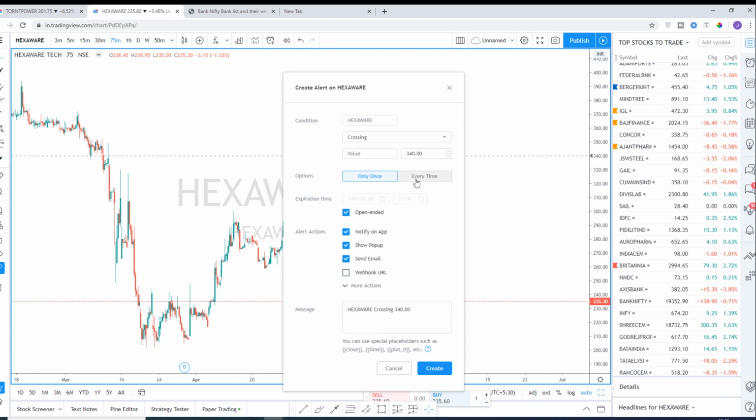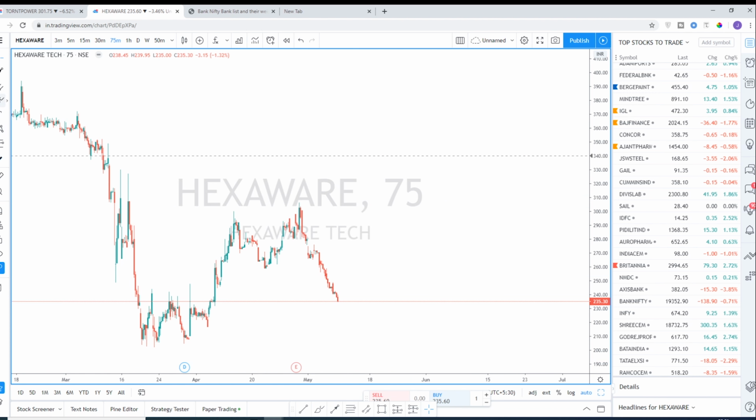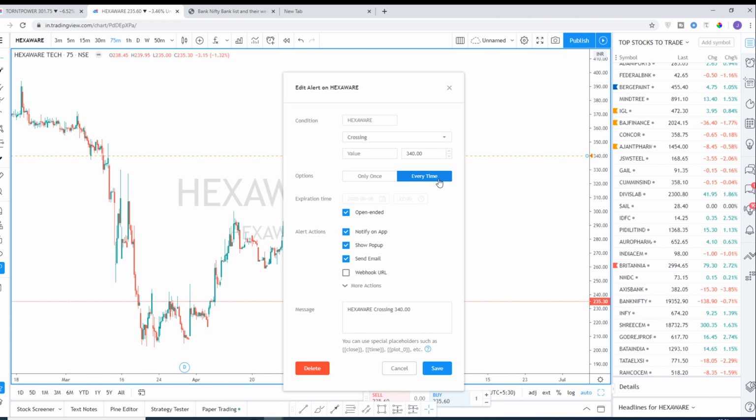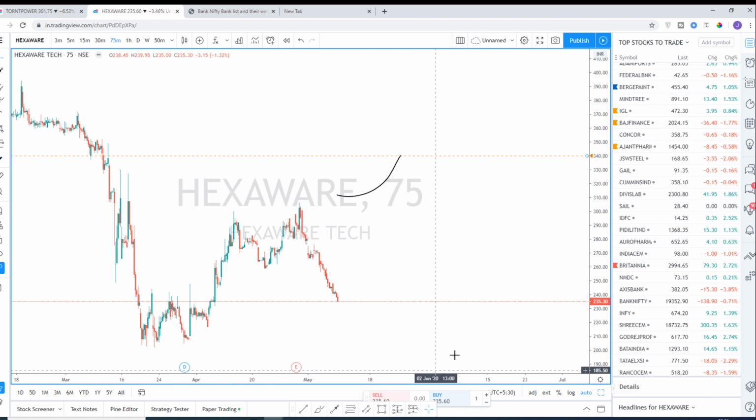So here I'm saying XRWare crossing the value of 340 only once. It will send me an email or a pop-up. I'm creating this so whenever the stock touches this area, it will notify me only once. But if I want it every time it touches, I can do that as well. I just have to select every time and then save.